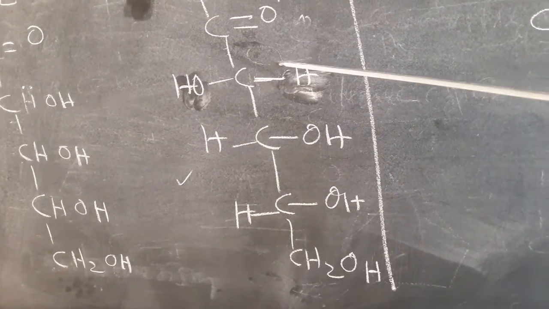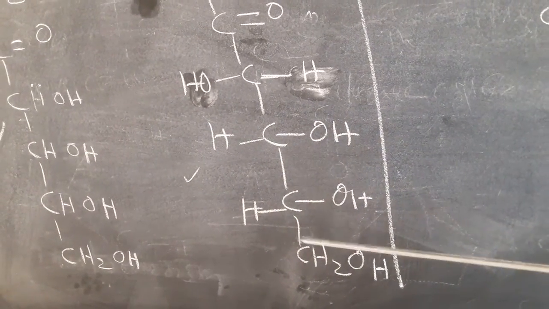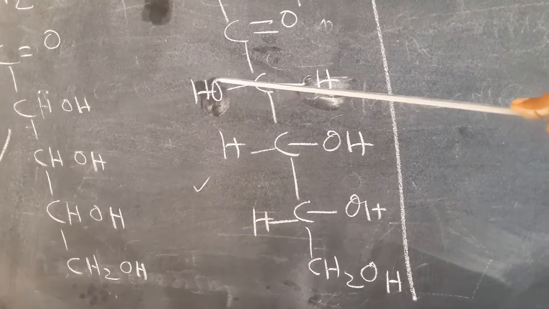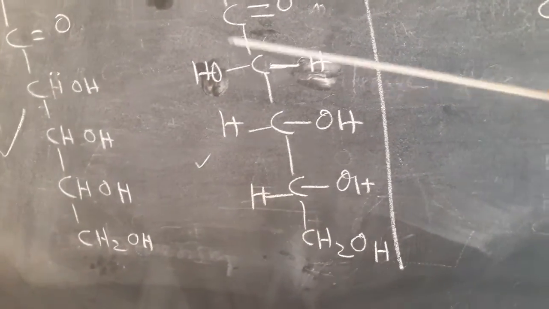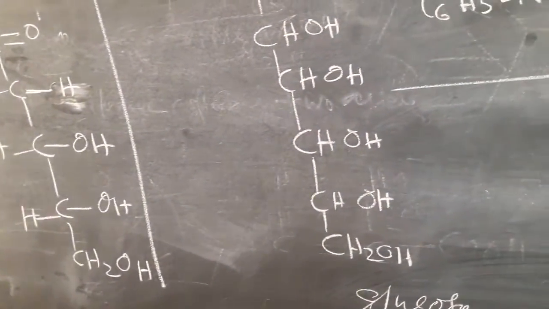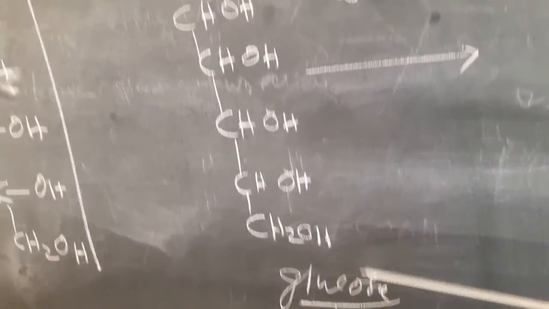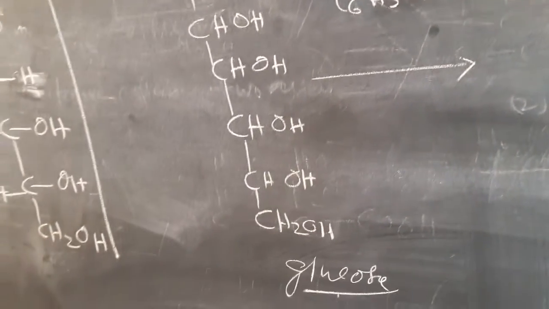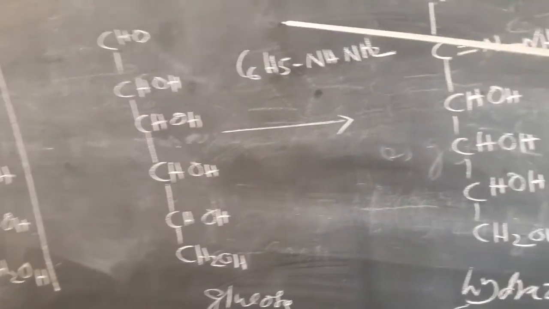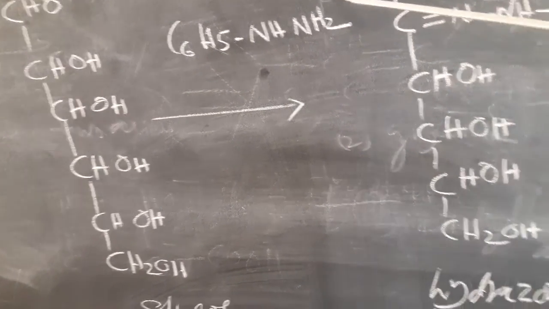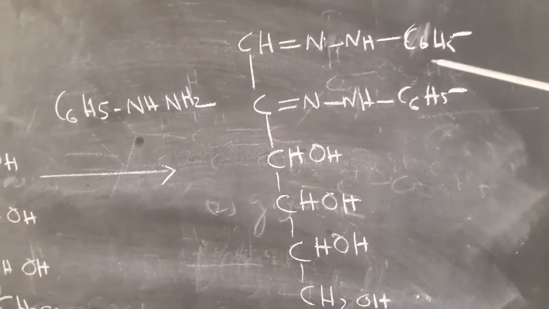I told you glucose and fructose, the lower parts of the molecules are the same. Therefore, the OH group you have to write here. How could I write this structure? You have to take the glucose molecule, right? Glucose molecule, on treatment with phenylhydrazine, you are getting an osazone. This is glucosazone.